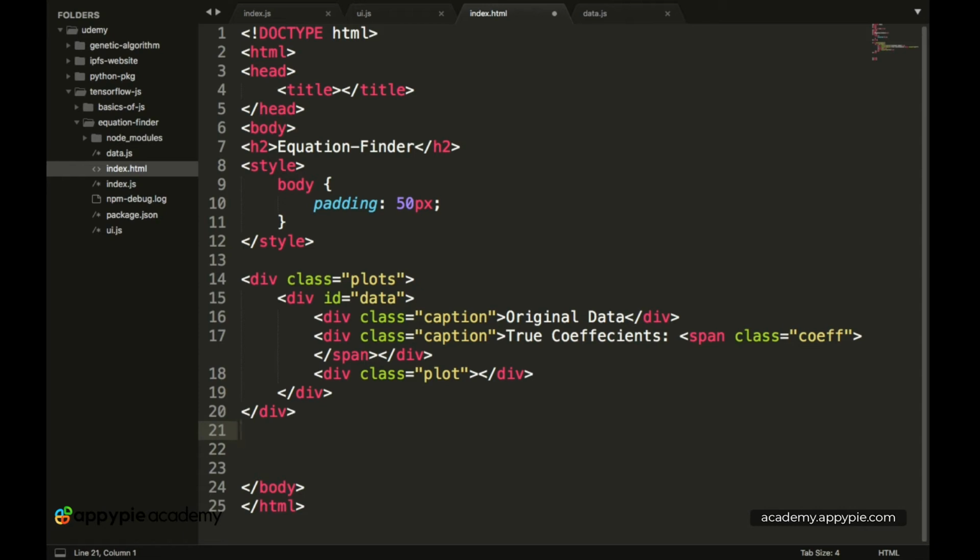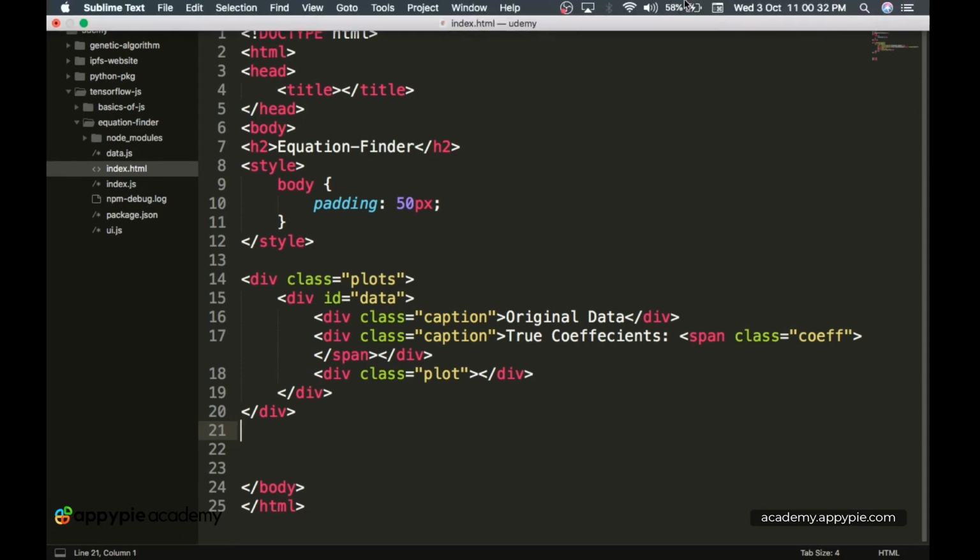Okay, so the point which I want to make over here is that in our final output we'll basically have three graphs. The first graph will basically contain a title and will contain the initial set of points. Then the second graph will contain the title, which will basically have the initial random equations or the random coefficients which will be generated in our index.js, and then we'll plot the graph based on those random coefficients to see how far we initially are from the expected solution.